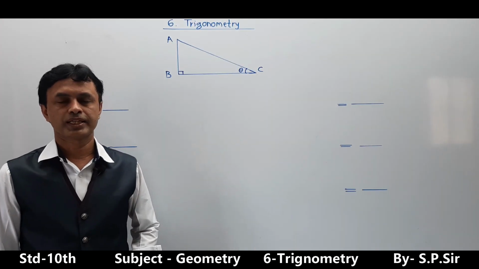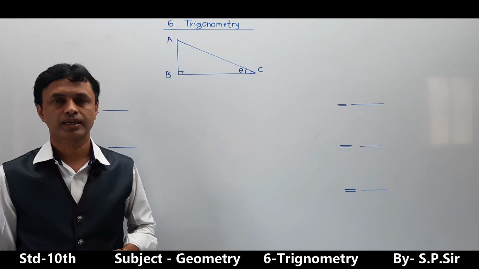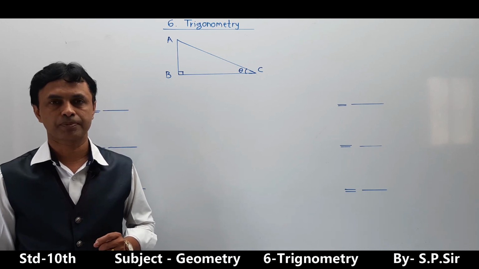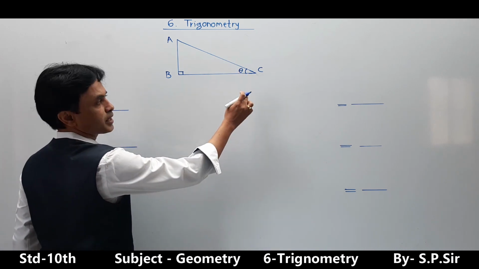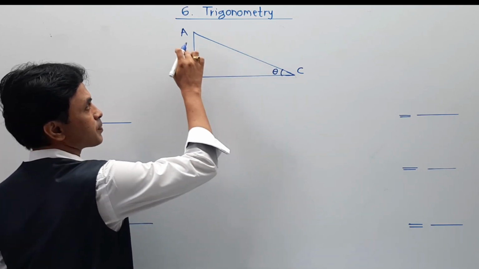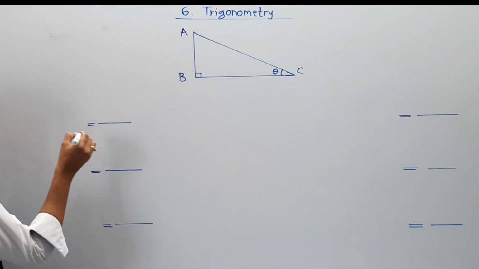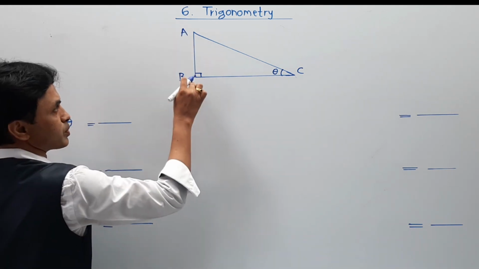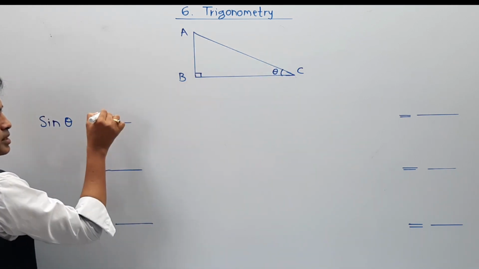Hello students, in the last lecture we have already understood the fundamental formulae for sin theta, cos theta, tan theta and cosec theta, sec theta, cot theta. Now, there are some correlations and we are trying to find out that part. One by one once again. If theta is over here, then I am writing the first formula, sin theta, opposite side upon hypotenuse, AB upon AC. So the first part is sin theta is equal to AB upon AC, opposite side upon hypotenuse.